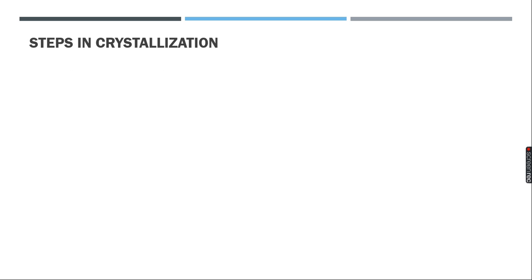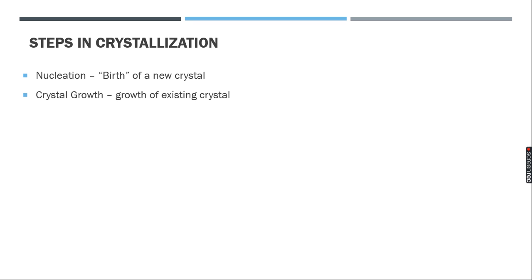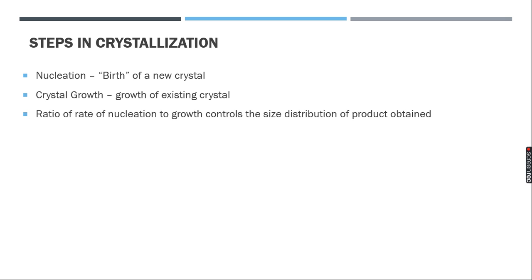Now, what are the steps involved in the crystallization process? When discussing crystallization, the first thing is formation of nuclei, and then growth steps are required. So nucleation is the birth of new crystals, and crystal growth is the growth of existing crystals. They may happen simultaneously: existing crystals may grow further while new crystals are generated. These things can go together.